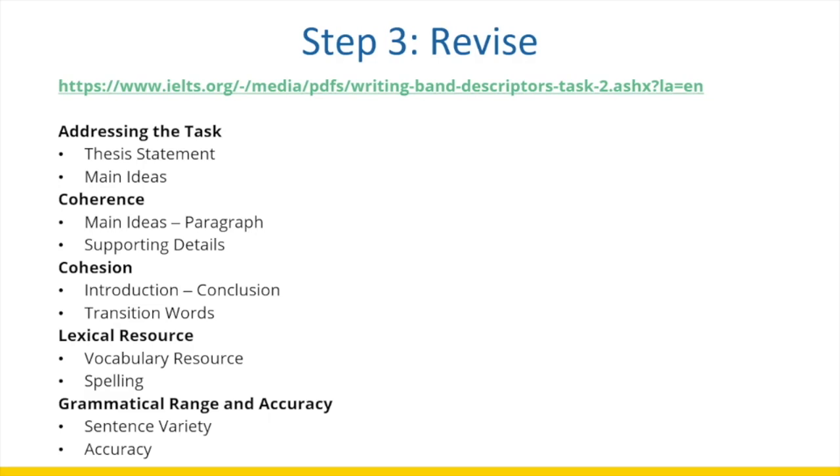And the next part is our lexical resource. For lexical resource, you have to make sure you have different vocabulary words and you're not repeating the same words over and over again. And also keep in mind spelling, it's very important. And the last point is our grammatical range and accuracy. And sentence variety, that means that you have 4 different types of sentences that we discussed many times earlier. So you have to make sure you include 4 types of sentences, such as simple sentence, compound sentence, complex sentence, and compound-complex sentence. And the last point, it's accuracy.